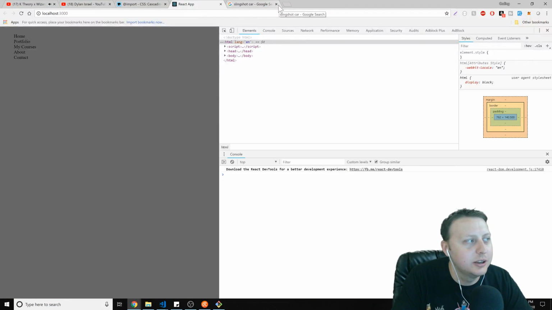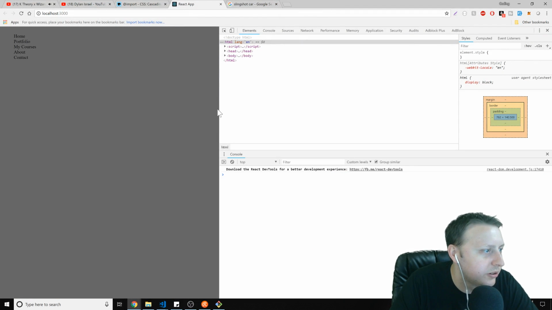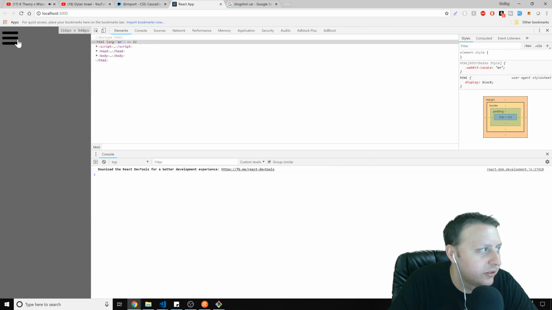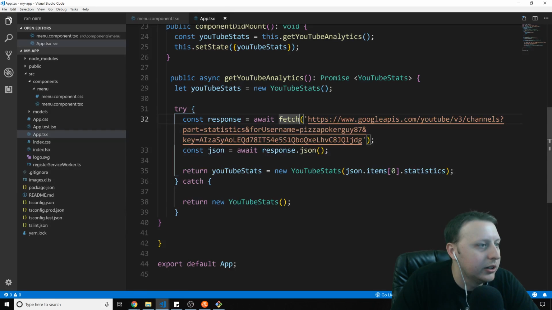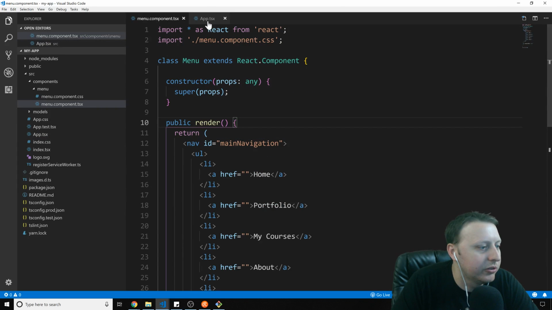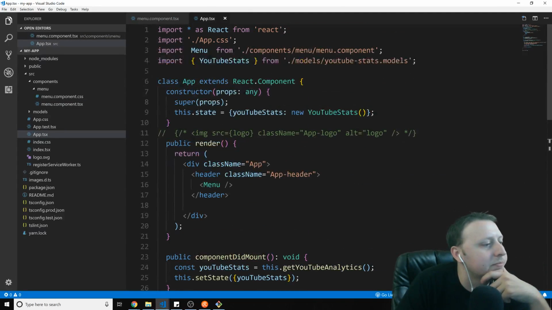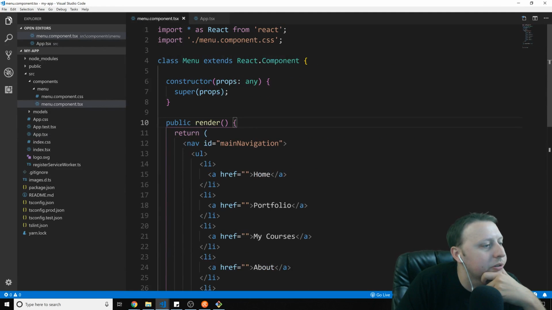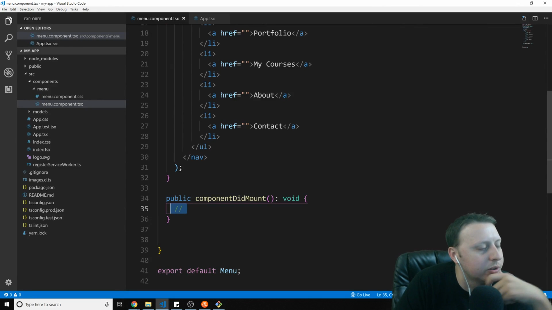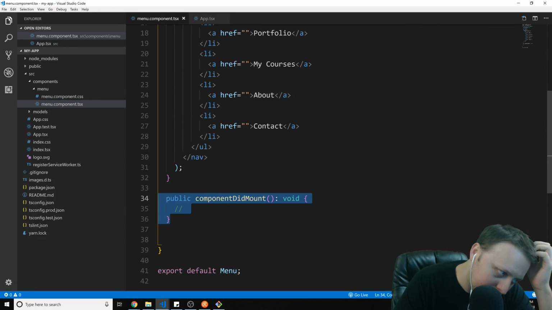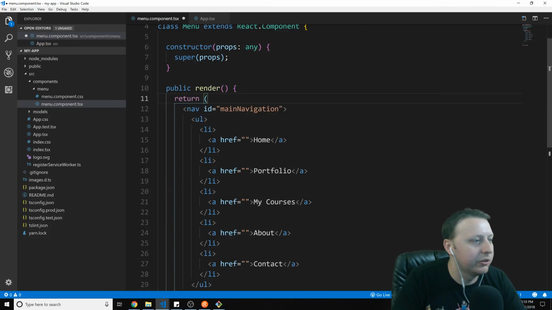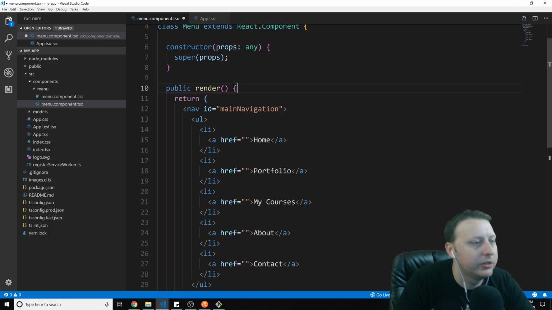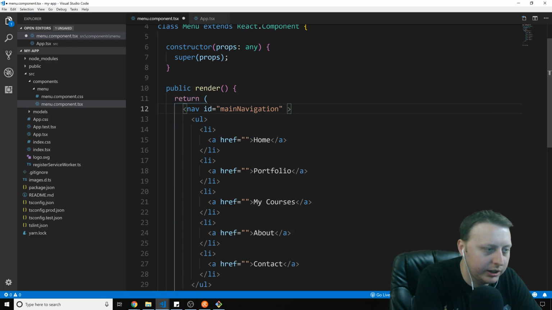Anyhow, but yeah, we're doing React. So what I want to do here is dynamically apply this CSS class on click. And I think what we can do is just on our map. So let's go to our menu component. I don't think we need this componentDidMount lifecycle hook. So we're rendering, and anytime we click the nav,